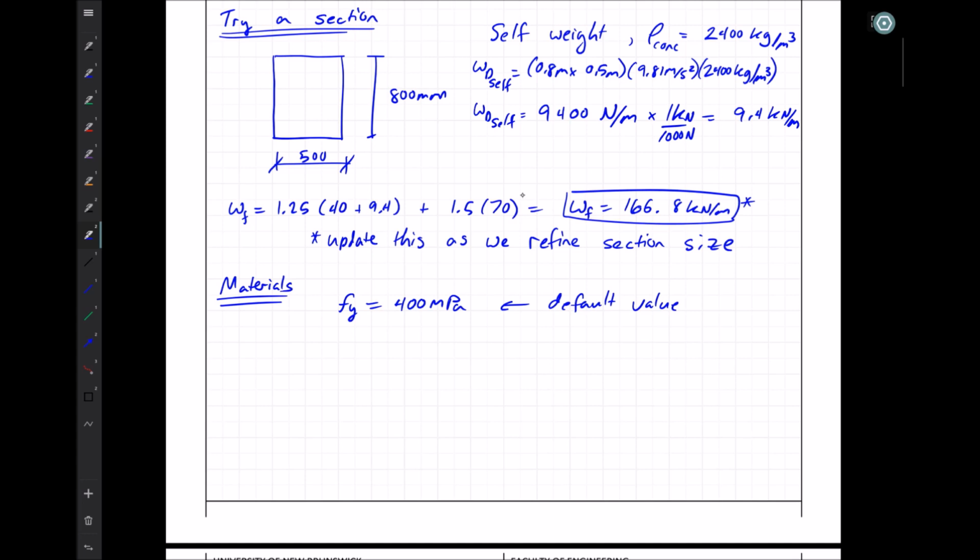The exceptions come from us looking at old structures that might have 300 MPa steel or 350 MPa steel or some other value, or more modern or exotic building materials like alloy steels, some types of stainless steels, or fiber reinforced polymers that might have higher strengths. However, rebar, as we know it, is 400 MPa for the standard stuff we can get from most building